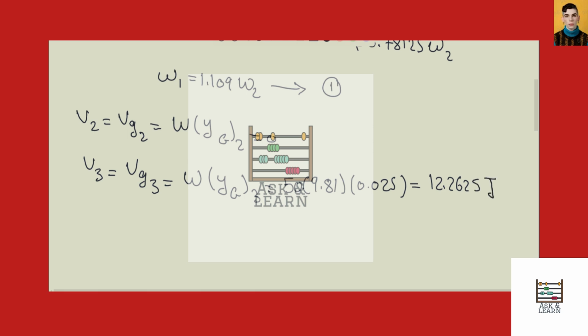Since the wheel is required to be at rest in the final position, T3 equals 0,